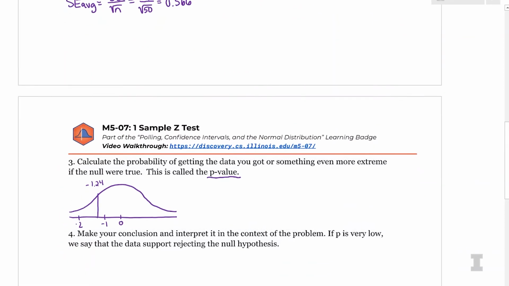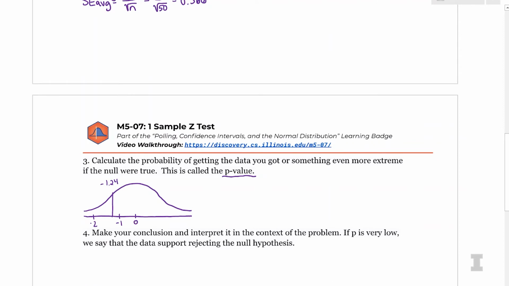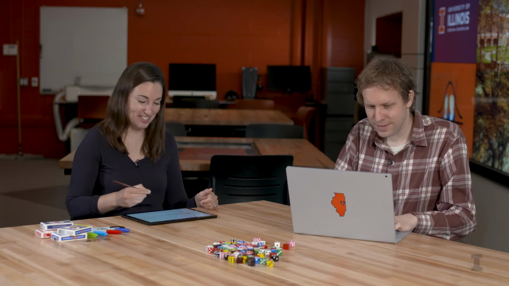And then the p-value is always going to be the tail. It's always going to be the probability that we got our data, which, in terms of ACT score, is 28.3, or something even lower just by chance, because that's more extreme. That's the direction that the test is going. And we can easily find this p-value using Python, right? Yeah, this looks like a CDF. Exactly. It's the area to the left of the z-score.